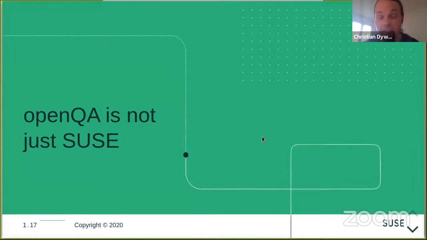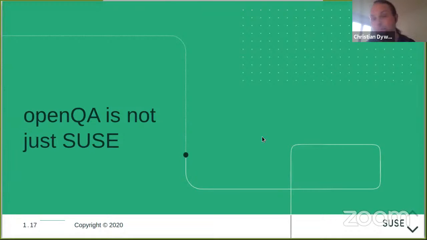And yeah, I also want to highlight a little bit, because it may seem like openQA is a lot about testing SUSE, which is of course true. And the examples I've been showing here are based on the tests we run at SUSE. But openQA is also used for various other use cases.